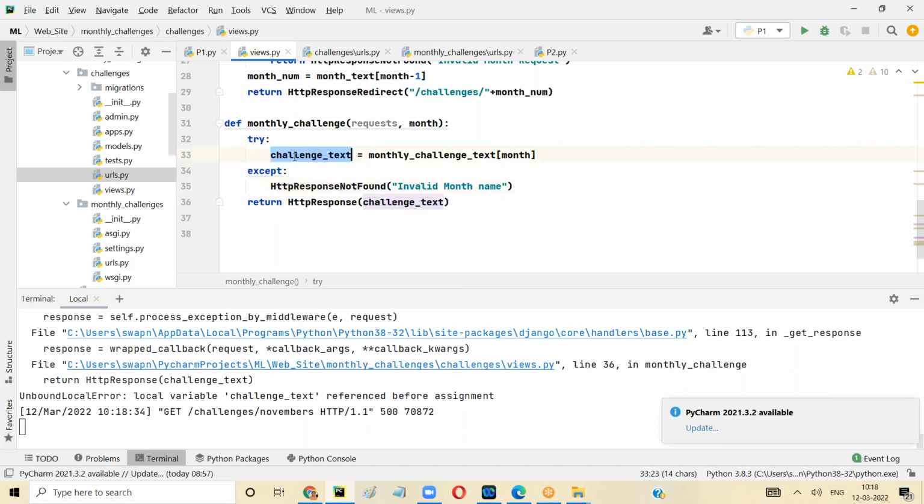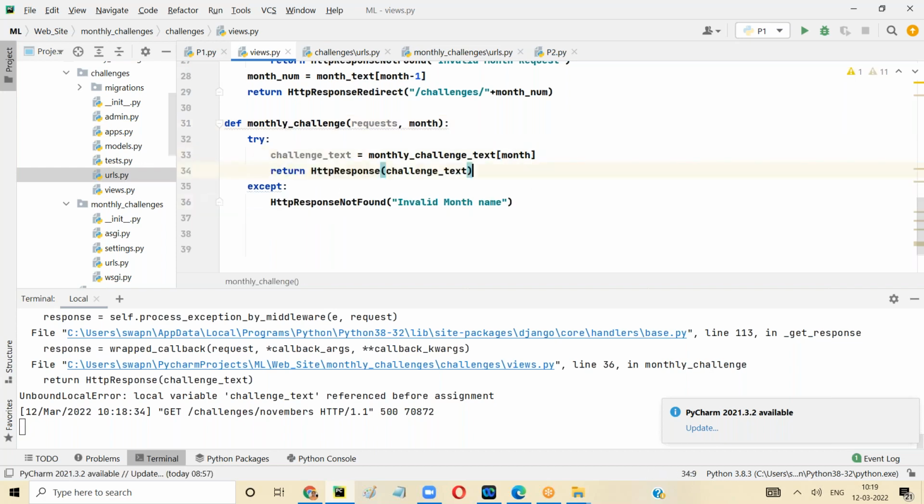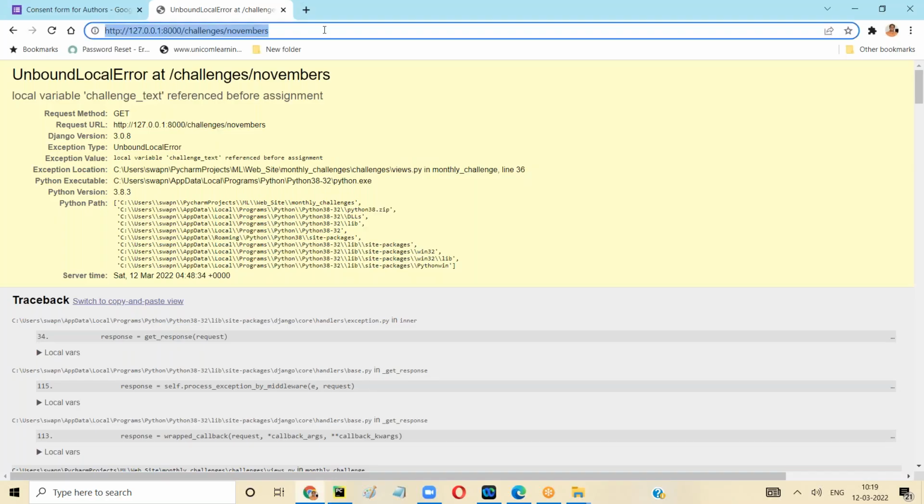Okay, so since it's in try, what we can do is try except finally, right? You can write it in finally. Or we can cut this and paste it inside this. That means if it is working fine along with this, work this, otherwise go to this. Now when I say November's,